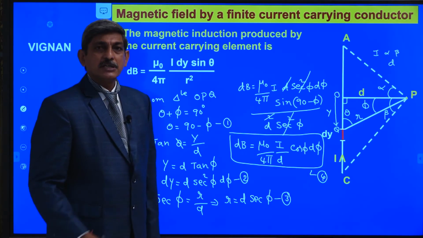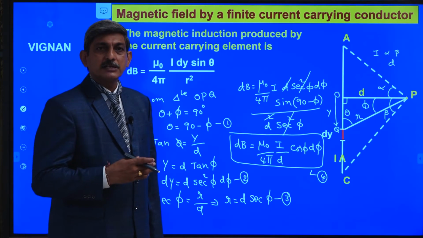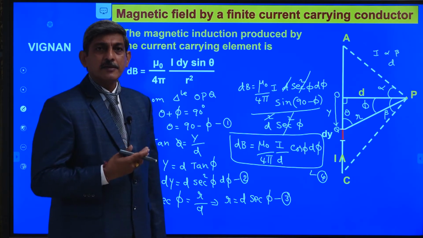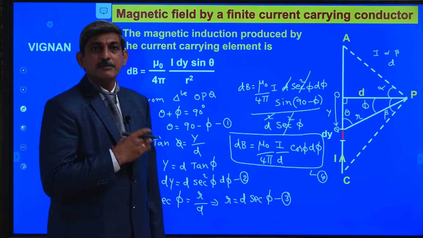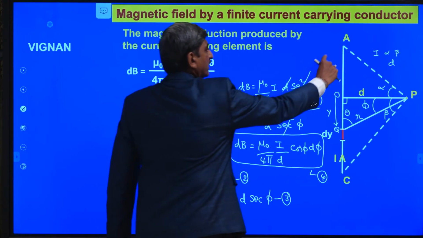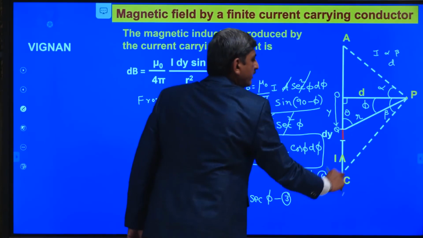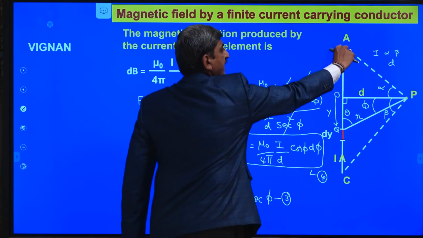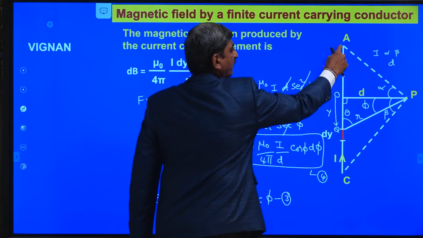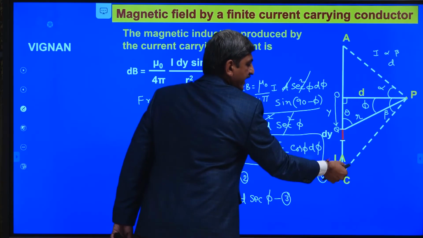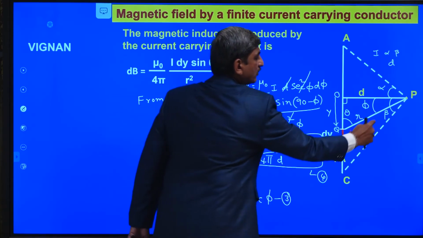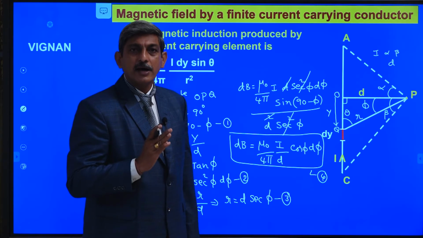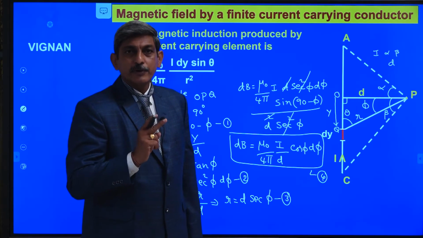By using this equation, I am going to calculate the magnetic field produced by the entire wire. For that, what we have to do? We have to do the integration between the suitable limits. Here, what are the limits of the integration? So when the wire is divided into a large number of elements, for different elements, this phi value is different. If we consider the topmost element, the angle phi value is equal to alpha, whereas if we consider the bottommost element, the angle is equal to beta. That's why we have to make the integration between the suitable limits alpha and beta. But see one more important point.